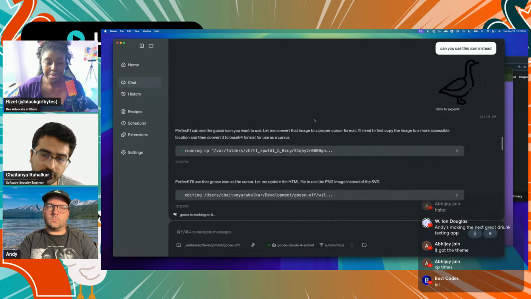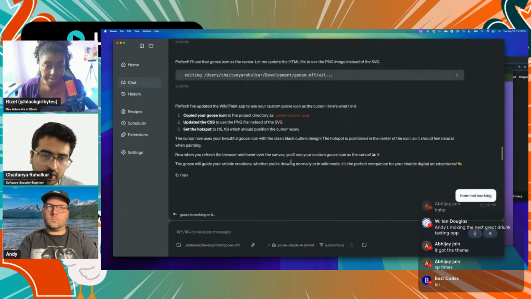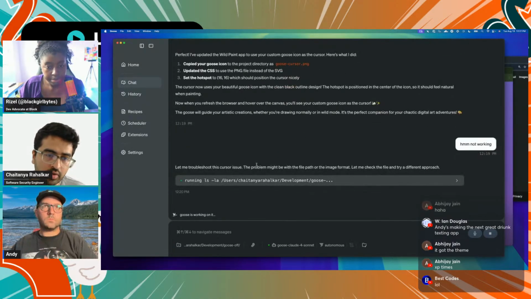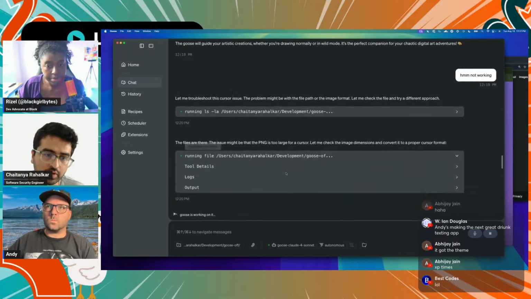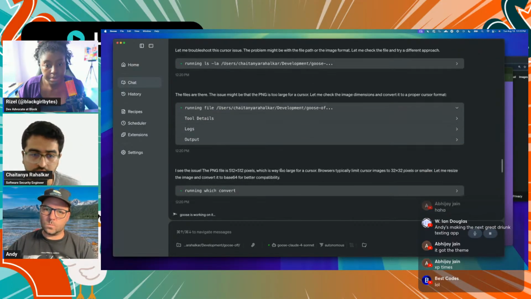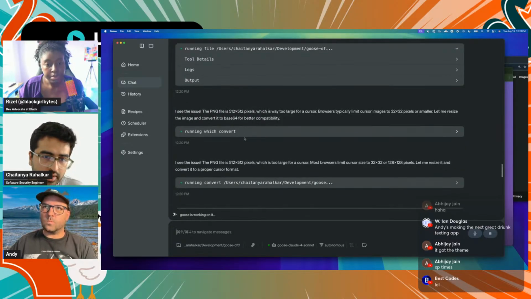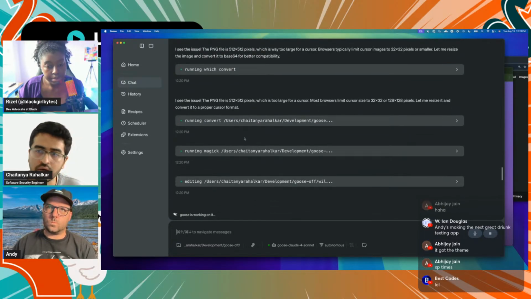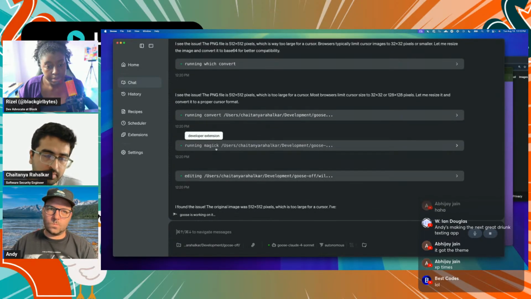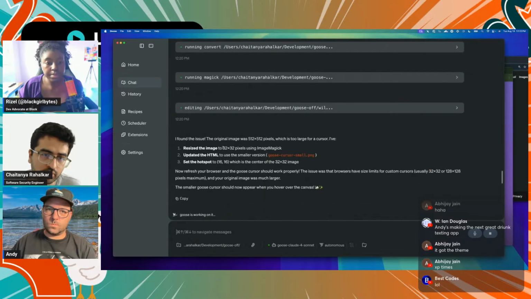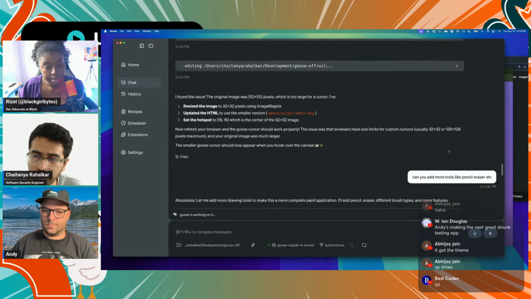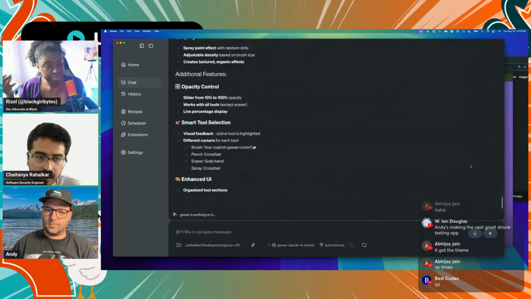This is the icon. But if you see here, it noticed that the icon was a bit large, as the size was 512 by 512 pixels. So it converted it using this magic utility into a 32 by 32 pixel image, and now it's using that as the icon.